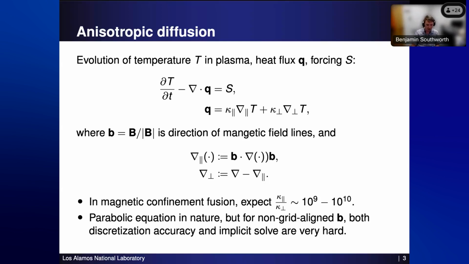And my background is in algebraic multigrid, and I've worked on AMG solvers for anisotropic diffusion, and I thought we had pretty decent ones. And then I started working with these fusion colleagues and said, okay, give me some sample problems. I can try to set a solver for it. And it turns out there's a little bit of a gap between what we do in the solver literature and what they really want to solve in their fusion problems. And what we thought worked well did not work well when we had a real problem.